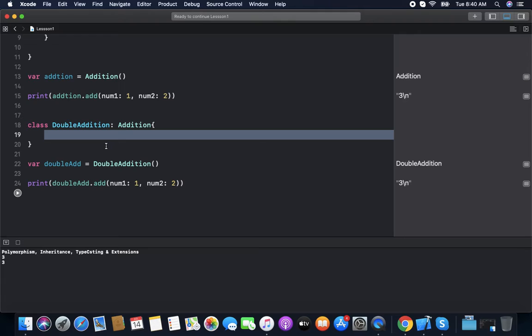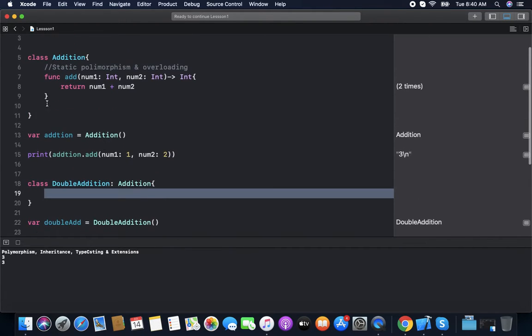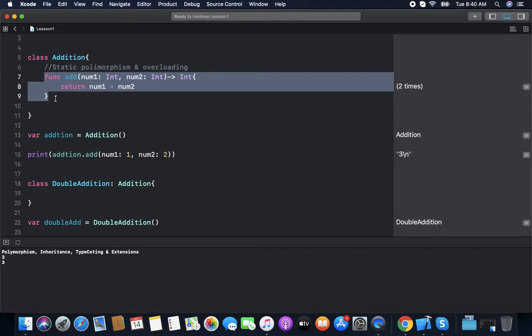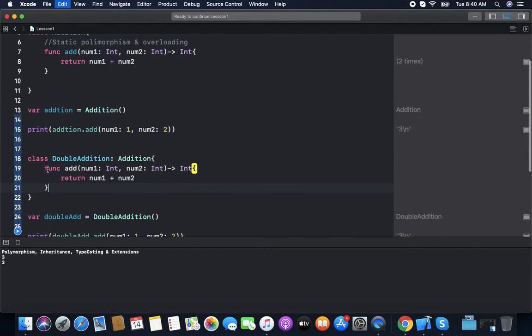But if DoubleAddition wants to override this function with a different value, name and parameters the same, but the result is different. We want to make the addition double, as the name suggests.